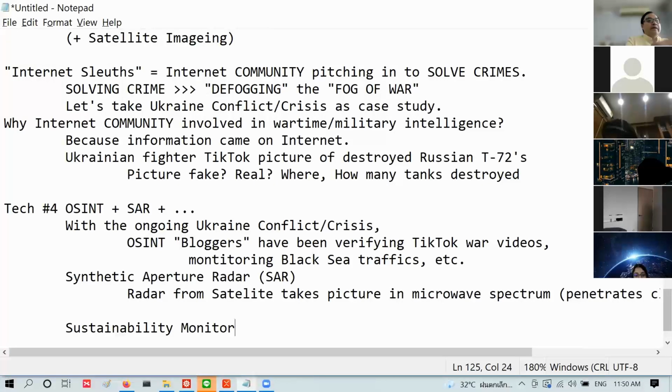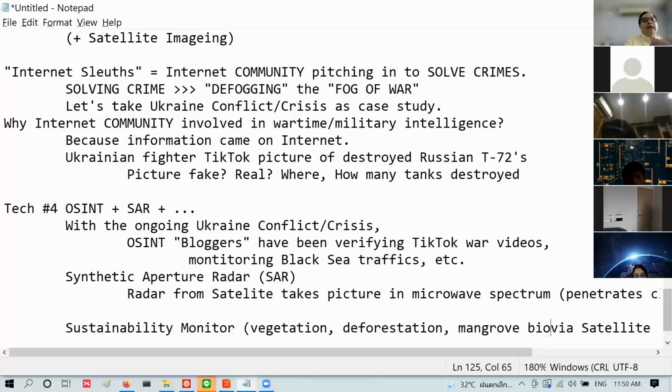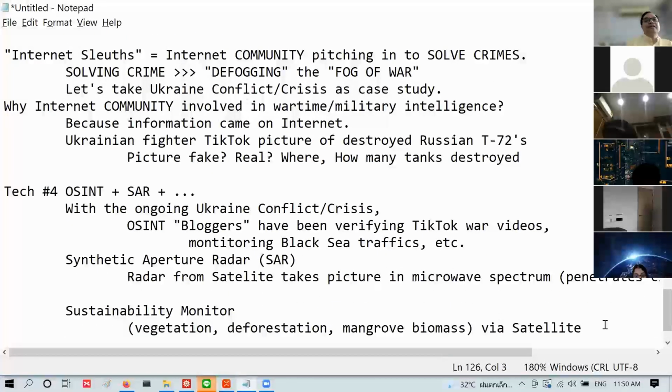Sustainability monitoring via satellite. So, for example, you can look at vegetation, deforestation, mangrove, biomass. All this is usually done via satellite,